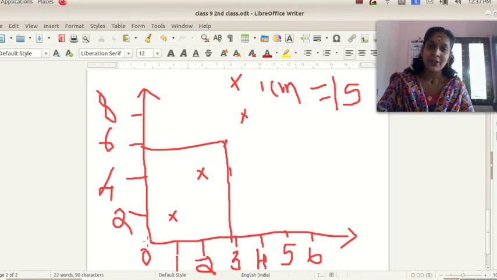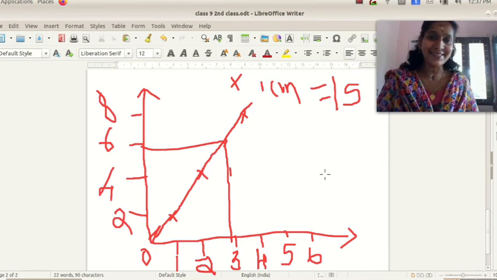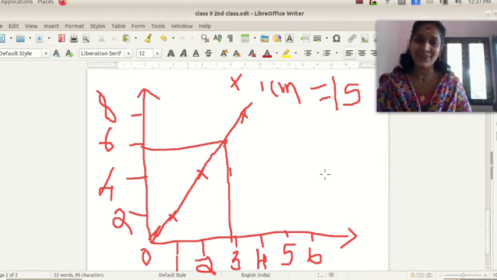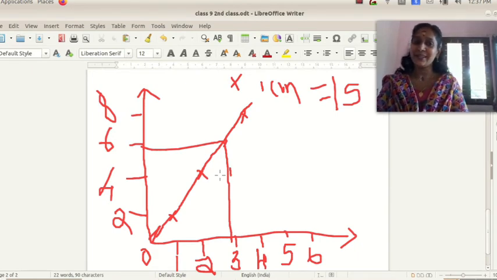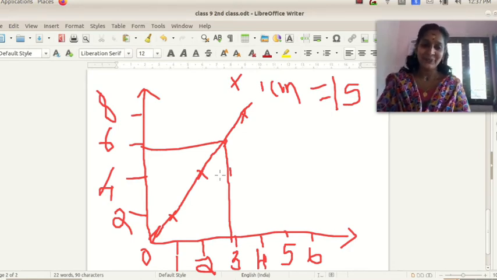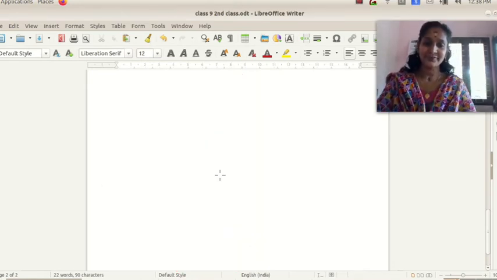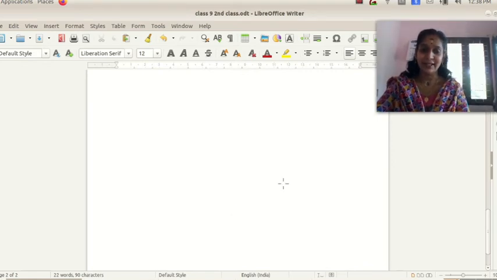So the position diagram of our cat, we can draw by joining all these values. Okay, we get a straight line, not fully correct. So this is our graph. You draw all these values in your graph paper and draw beautifully. Okay, so we can look again at our test.